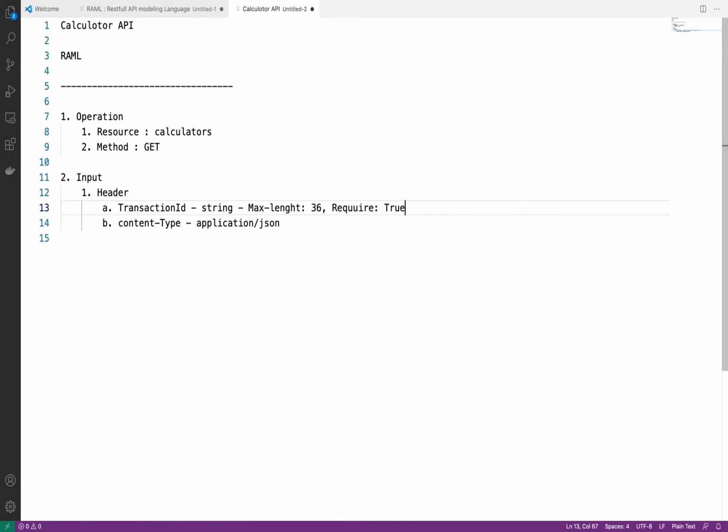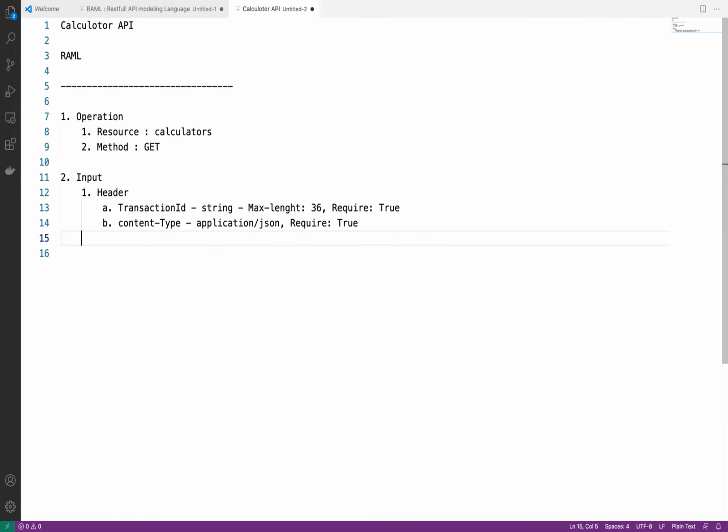Required true means we must pass this transaction ID. Same thing we will define, required true, for content type also. We must pass this content type in the header. If we do not pass it, then our API will give bad request.